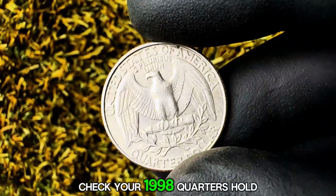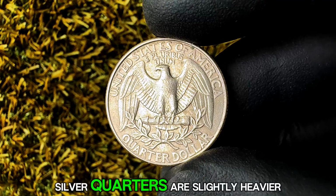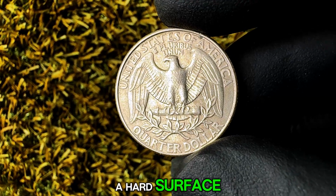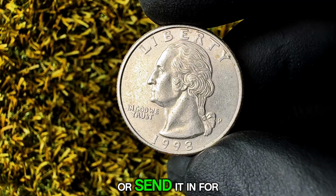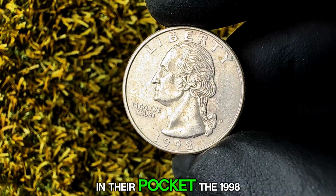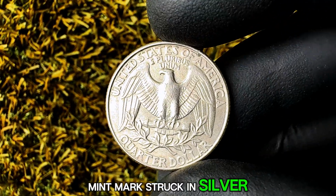Check your 1998 quarters, hold them under a bright light, weigh them if you can. Silver quarters are slightly heavier than clad ones. Listen to the sound they make when tapped against a hard surface, and if anything seems off, get it checked by a professional coin dealer or send it in for grading, because the next person to discover one might just walk away with $750,000 in their pocket. The 1998 Washington quarter with a P mint mark, struck in silver, a 1 in a